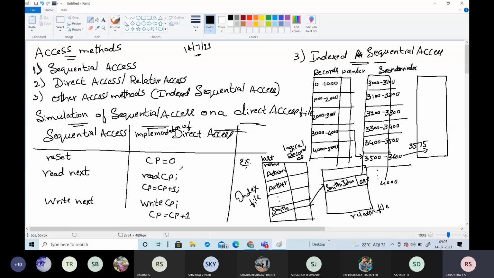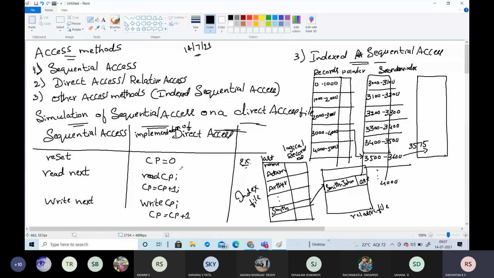This is one of the best examples for the sequential access method. One advantage of sequential access is that it is the simplest technique. But the disadvantage is that it is not possible to access a record directly. Whichever record we require, we cannot access it directly. We have to move through all the records, then only are we able to access the required information. This is the main disadvantage of the sequential access method.